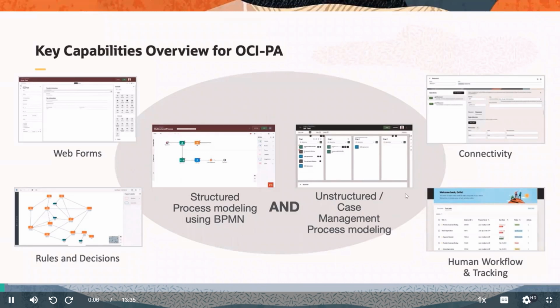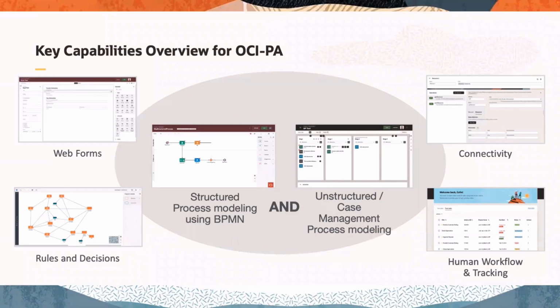Hi, as part of this 10-minute overview, we will cover the OCI process automation service. This service enables customers to end-to-end automate their business processes that could span multiple applications, that could involve human tasks that they're looking to digitize, as well as look at various workflows in the company that they're looking to digitally transform. So, as part of the product overview today,